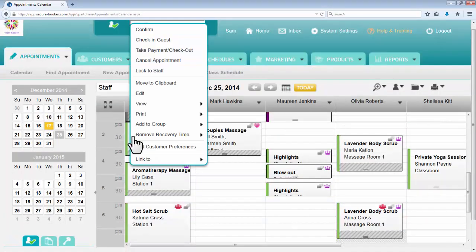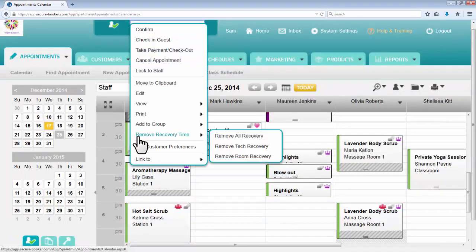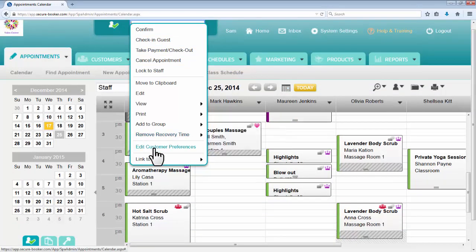Remove recovery time. Select this to remove any recovery time from an appointment. Edit customer preferences. This takes you to a page where you can enter in customer notes or read any previously entered. Link to. This only appears on the right-click menu when the system recognizes that the same customer has multiple